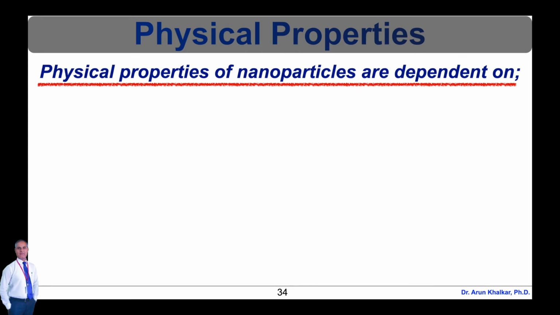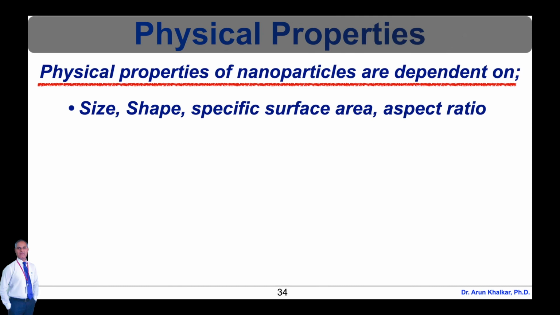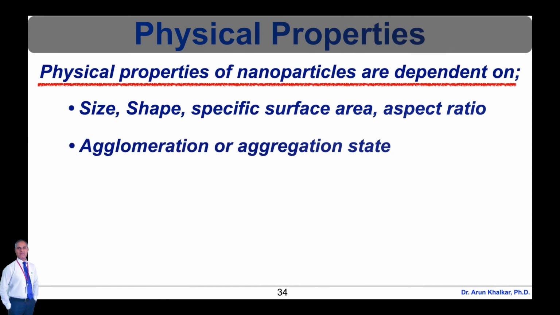Nanoparticles may contain a single material or may consist of a combination of several materials. Nanoparticles can exist as suspensions, colloidals, or dispersed aerosols depending on their chemical and electromagnetic properties. Physical properties of nanoparticles are dependent on the following points, which are size, shape, specific surface area, and aspect ratio, agglomeration